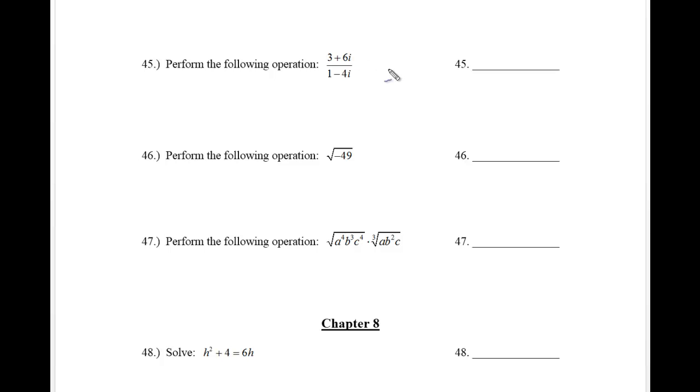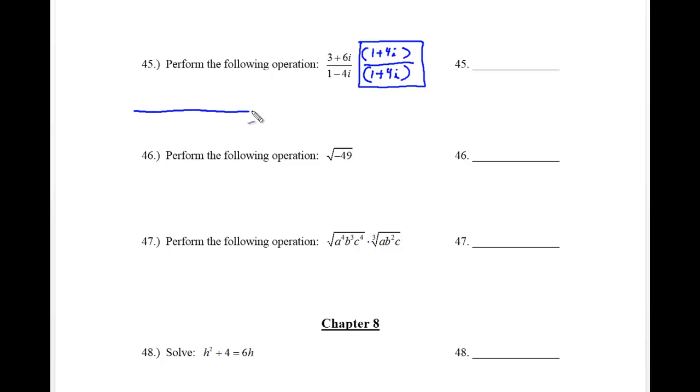actually what we're going to do is conjugate in the denominator, because we can't have i in the denominator, and the reason why we can't have i in the denominator is because i is the square root of -1. We can't have square roots in the denominator, so we're going to multiply our numerator and denominator by a very fancy 1, and that 1 is going to be the binomial 1 plus 4i. Now I'm going to FOIL the numerator and FOIL the denominator